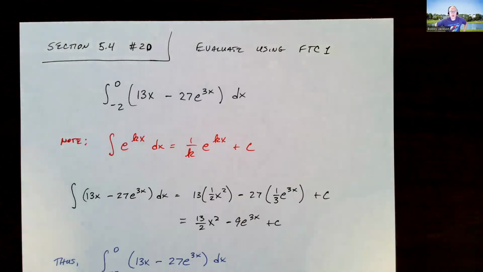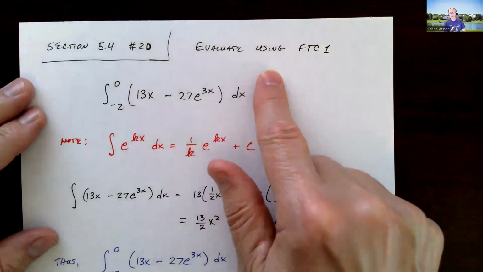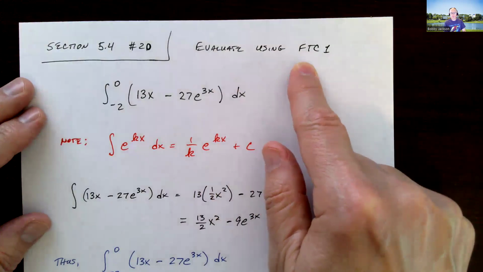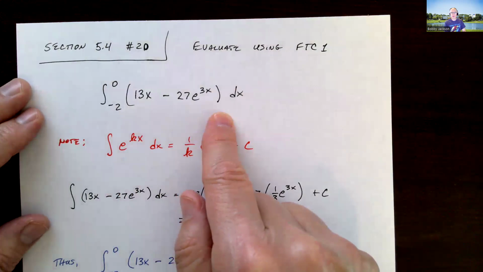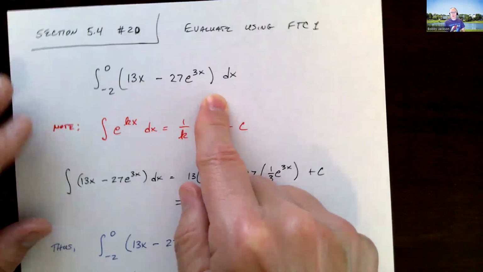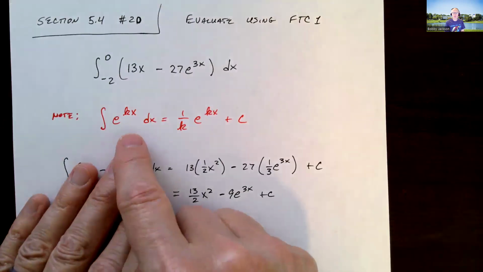Hey everyone, we're going to look at number 20 in section 5.4. The instructions are to evaluate using the fundamental theorem of calculus part 1. And here is the definite integral we're evaluating. I just want to recall when we were finding the antiderivative of e to the 3x,